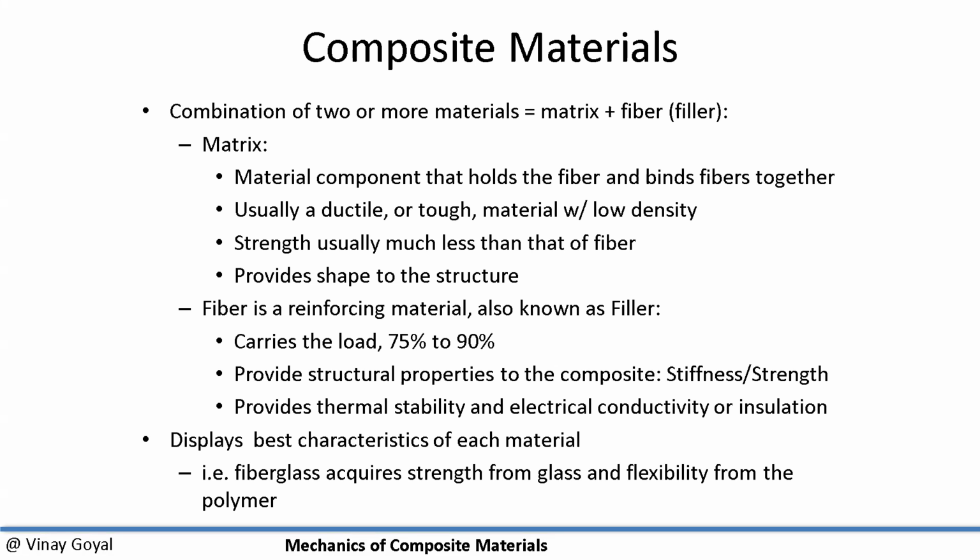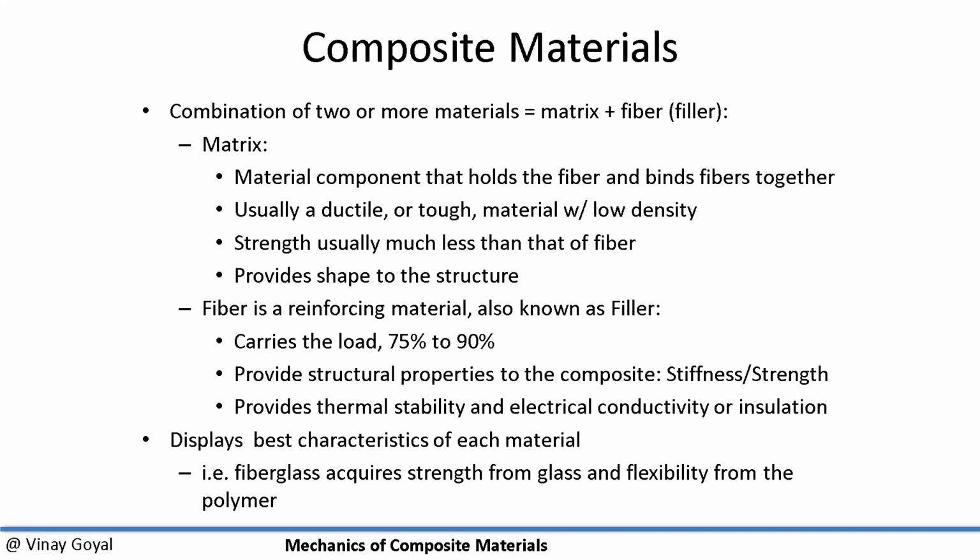The matrix material is really there to hold the fibers together and bind them together. Usually it's more ductile, the fiber is more brittle. The matrix tends to be tough, and it's there for a reason. It's there to be able to sustain some impact damage resistance as well. And we also know that the strength of the matrix is way lower than the fiber, but it provides the